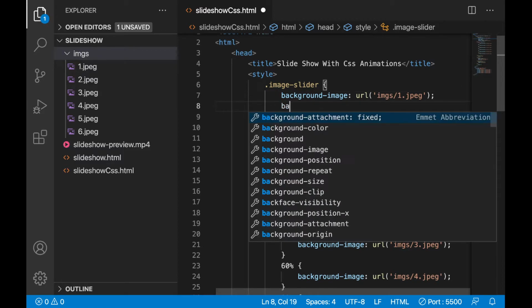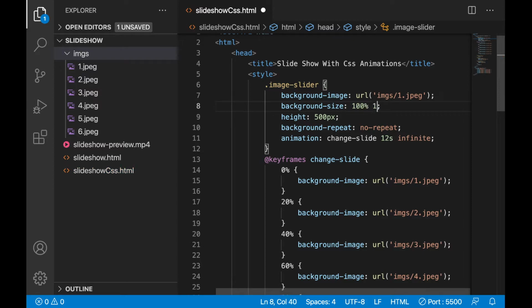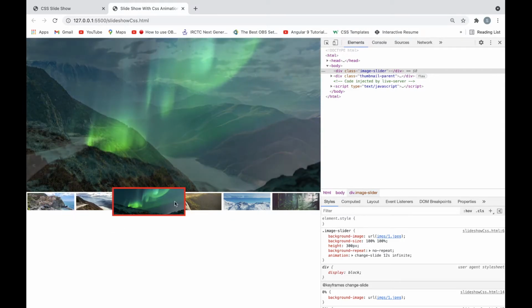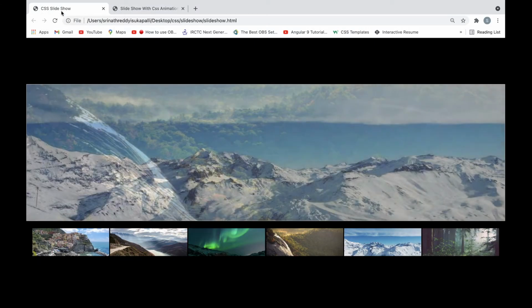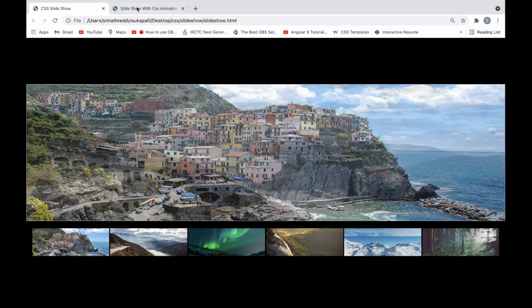So here I used background size 100%, and I have reduced the height to some 300. Now let's see. Now it is coming, looking good actually. But how can we make all the content come to the center of the body?